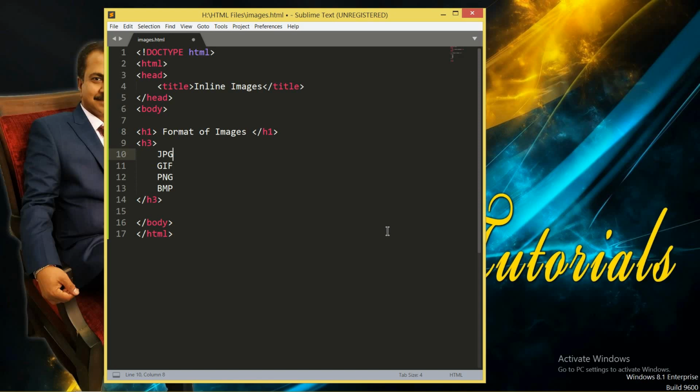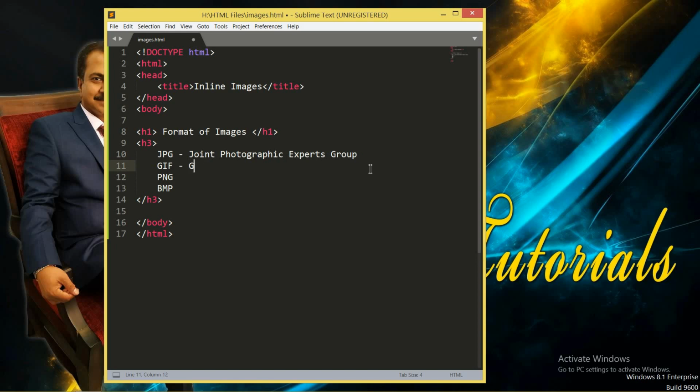Now what is JPG? That is called Joint Photographic Experts Group. This is the full form of JPG files. In writing we say JPG, but actually it is called JPEG, Joint Photographic Experts Group.